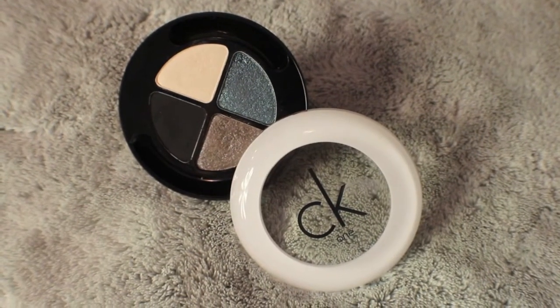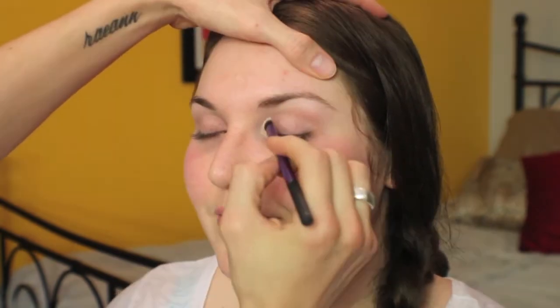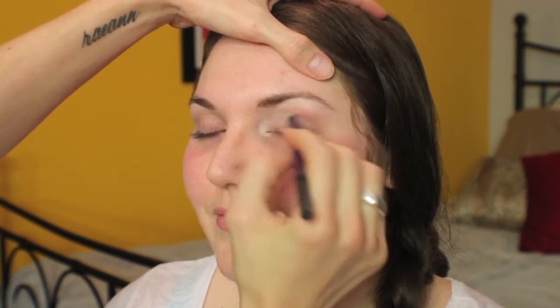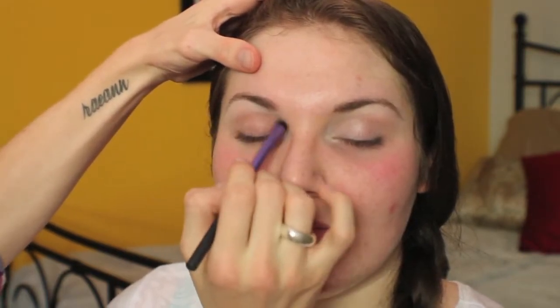The eyeshadow palette I'm going to be working with today is the CK One Eyeshadow Palette in Smoking, and I'm going to start by taking the lightest cream shade and putting that under the brow and on the inner corner and kind of blending that onto the lid a little bit. Doing this is going to help create that gradient across the lid, as well as highlighting under the brow bone